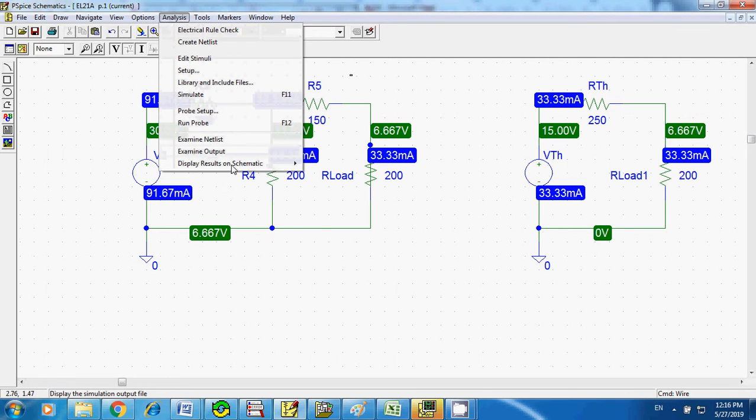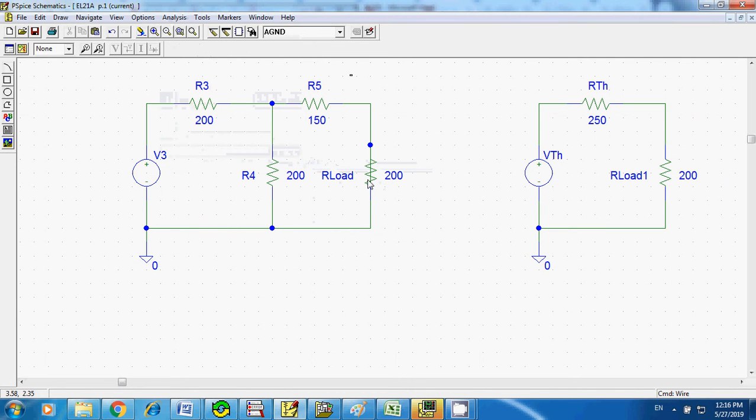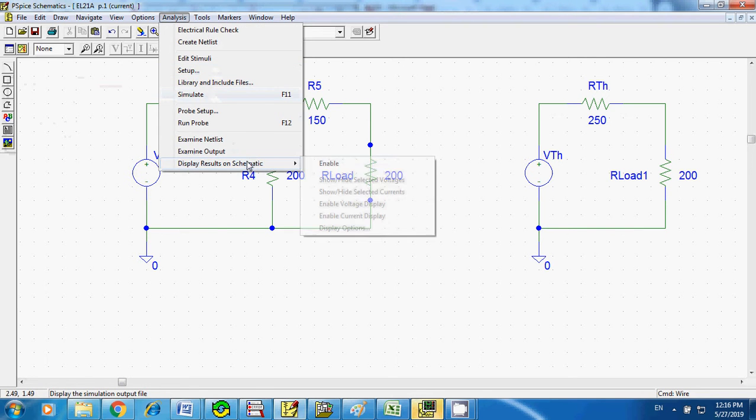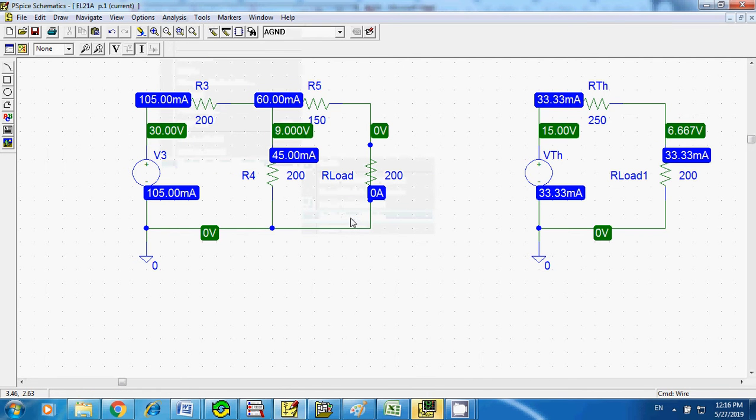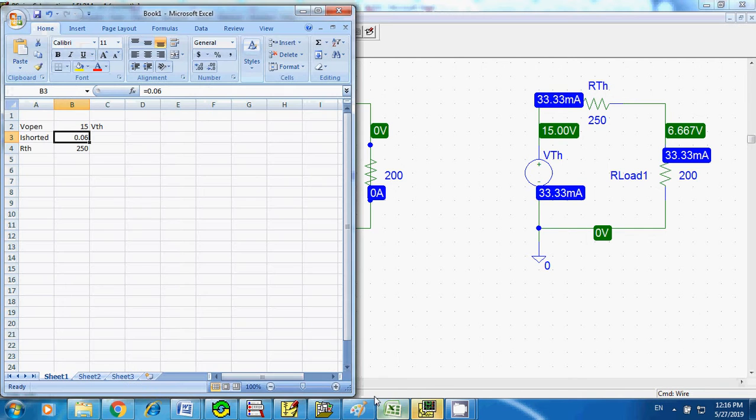Okay, let's short the circuit already. Let's short it again. I don't know what's happened. Okay, so do analysis, simulate, and let's see the current. Okay, I have like 60 milliamp, that's equal to 0.06 amps, right? So that's why I have 0.06 amp for I short just right here, and I can calculate